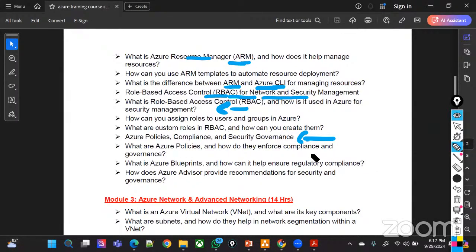We're going to see all that stuff. Azure Policy also. Let's say you deployed any VM, or you deployed any resources inside that Azure environment, and you want it to follow some pattern. Just as an example, I want to deploy one virtual machine in East US,